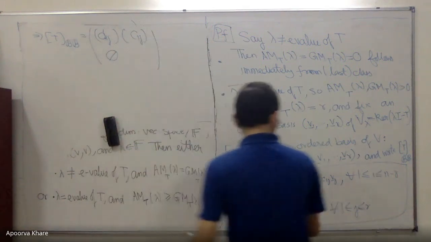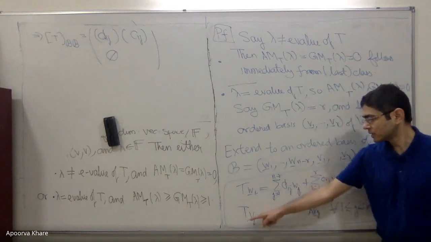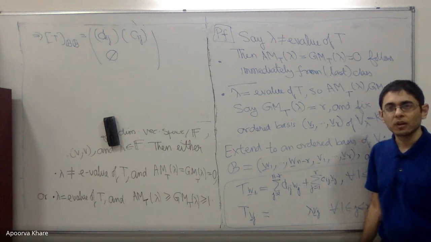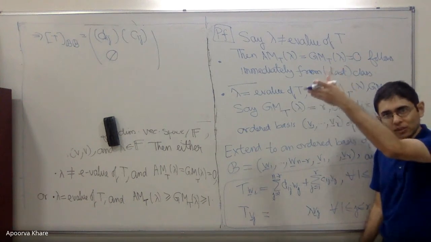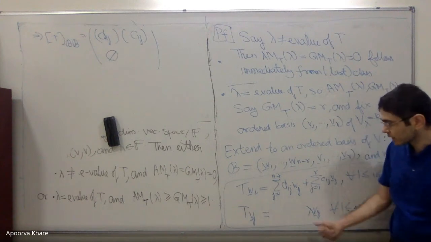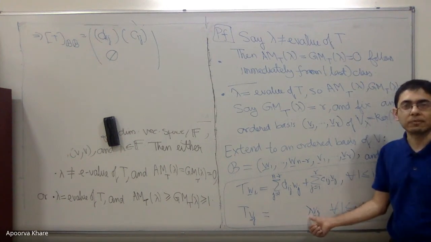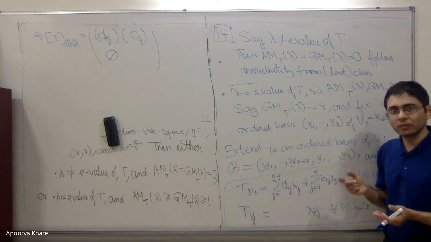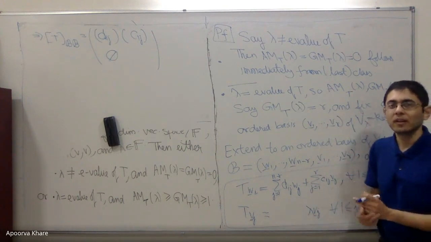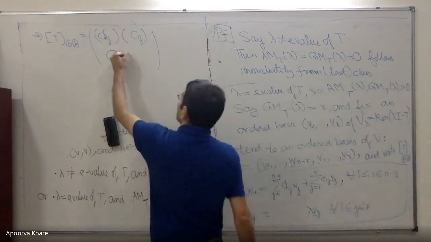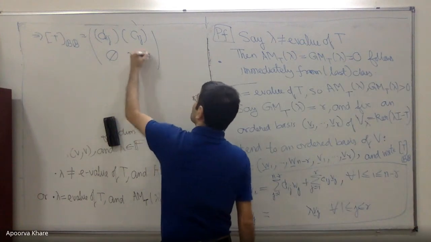And here, what are they? In the jth row and the jth column, you get a lambda, and everywhere else you get a 0. So you just get non-zero entries along the j comma j entries. So you get a diagonal matrix. And what are the entries of the diagonal matrix? They're exactly lambda. All of them are lambda. So I can take the lambda outside and I get a diagonal matrix with ones on the diagonal. There is a name for such a matrix. It's called the identity matrix. So I take lambda outside, I get the identity matrix of size